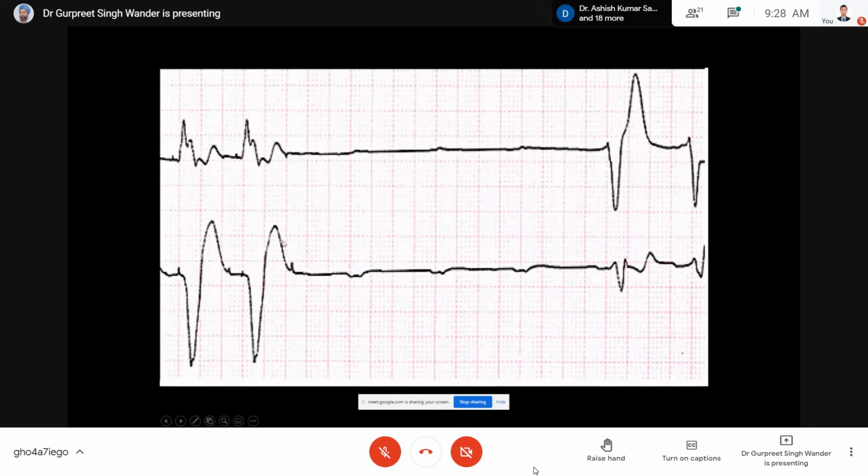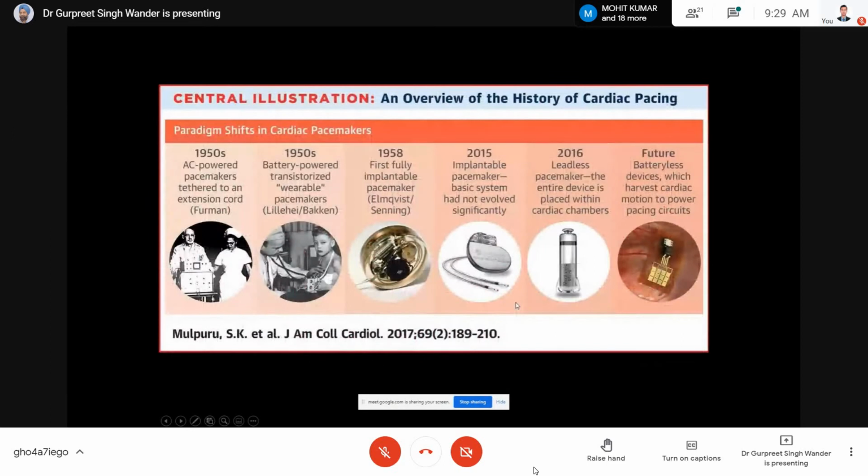What you see here is that the stimulus artifact has come, but it is not pacing, and there is a pause following that, when the P waves are there but the QRS complexes are not. Whereas here you can see there is a P wave, and a stimulus artifact for the atrium as well as for the ventricle, so there is dual pacing happening. But over here, the atrial pacing did not result in a ventricular pacing, and so there is a pause. So this patient, I'm sure, would have come with a syncope, unconsciousness, and that's how.